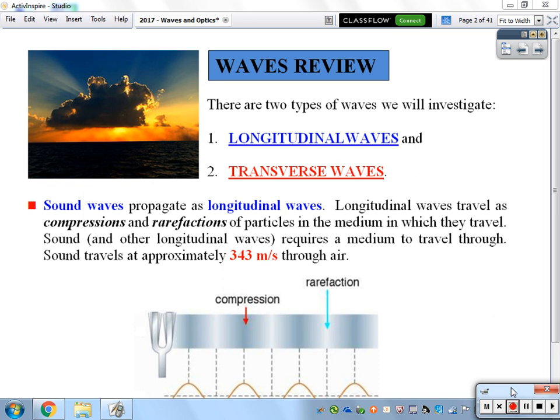and a transverse wave. Okay, these waves, the way in which they are set up, the way in which they propagate, which is a fancy term for just talking about how that wave is going to move. Sound waves are going to propagate as a longitudinal wave. Well, what is a longitudinal wave? Well, it's not one that has the traditional rise and fall and come back to a rest position that you might think of as a traditional wave.